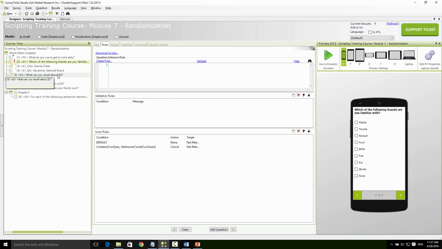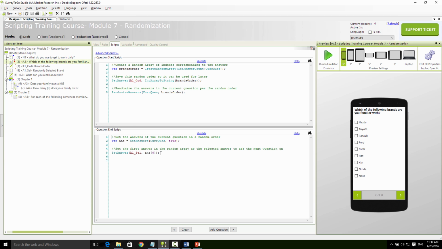Now let's look at A2. If you remember, A2 was a question that we were asked to display for one of the brands that were mentioned in A1. Now we should somewhere place the logic that would randomly select one of the brands that were mentioned in A1. So in this case, I decided to place it on the end script of A1, where the answers are already known, and what we are doing as well is we're gonna store that brand that we're gonna randomly select